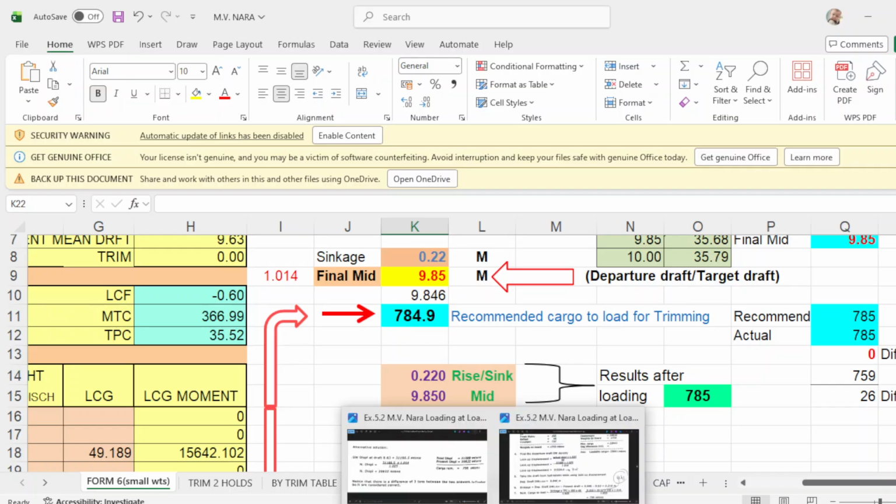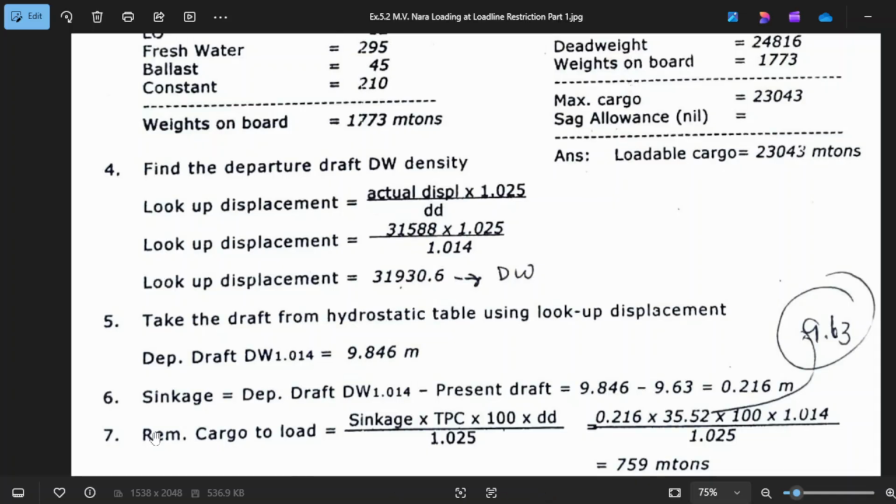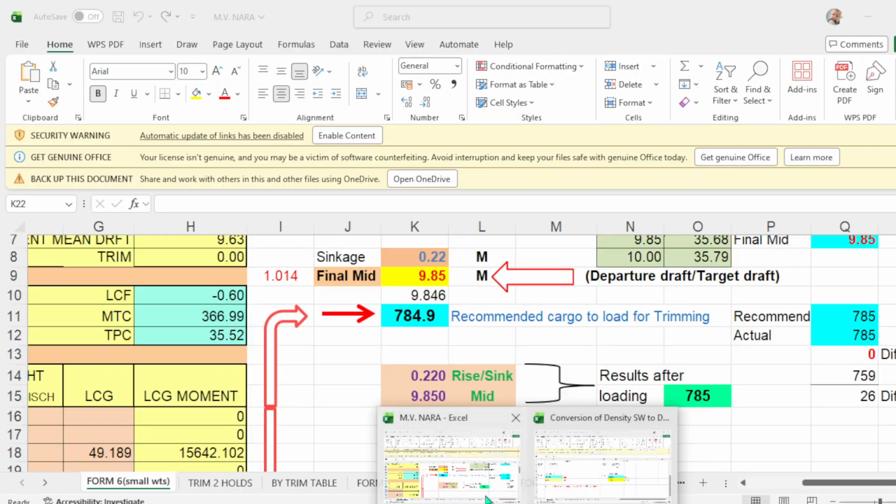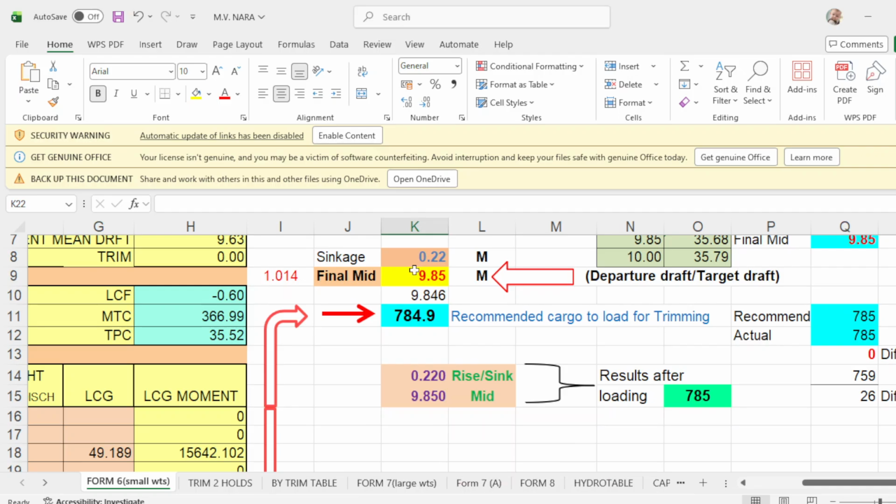Let's investigate his solution. So remaining cargo to load is sinkage times TPC times 100 times GD over 1.025. The sinkage is 0.216 but the actual sinkage should be 0.22. Okay, so it's rounded up here